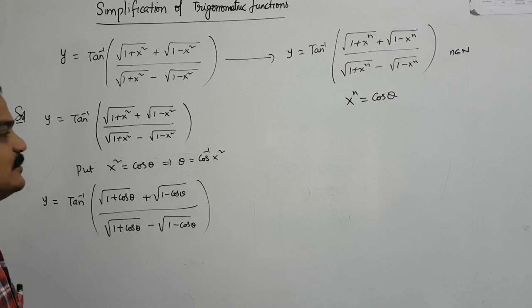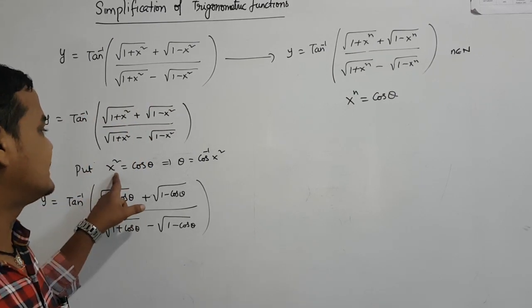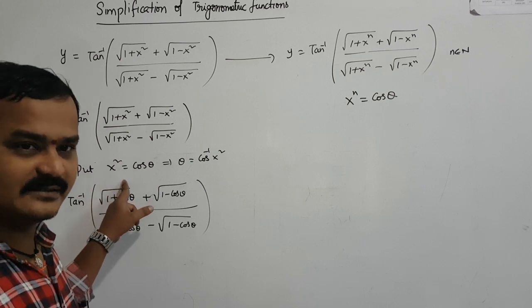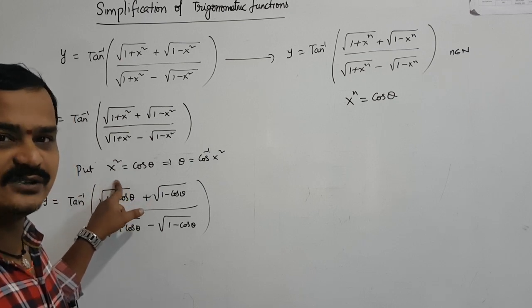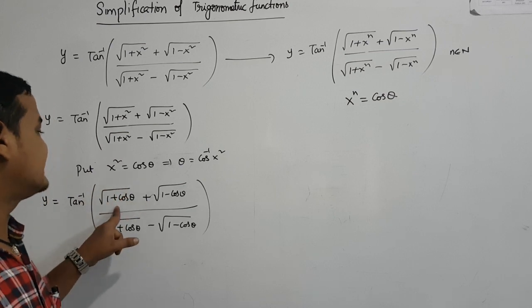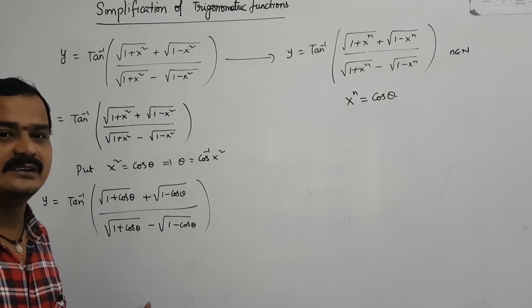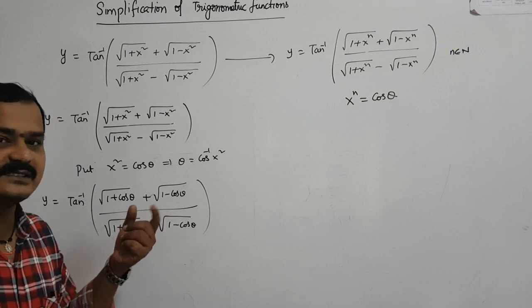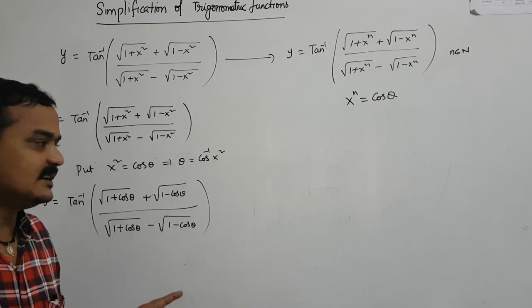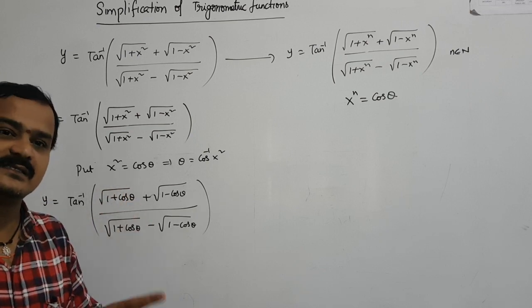Most students make a mistake in this problem. What does that mean? Here they are taking x is equal to cos theta, instead of x square is equal to cos theta. Again, here they have written 1 plus cos square theta, 1 minus cos square theta, and applied the formula very wrongly. They thought the problem was right and they got the answer, but only here you made the mistake, so the whole problem is wrong.